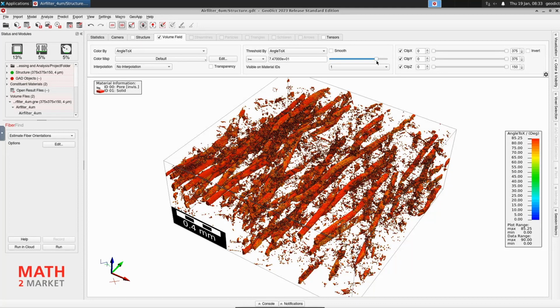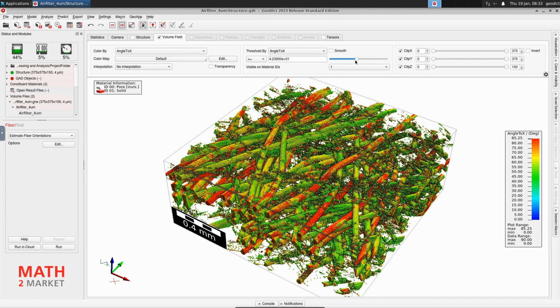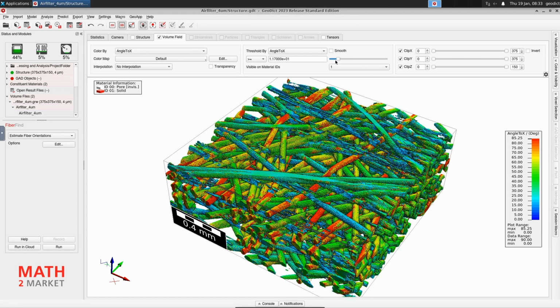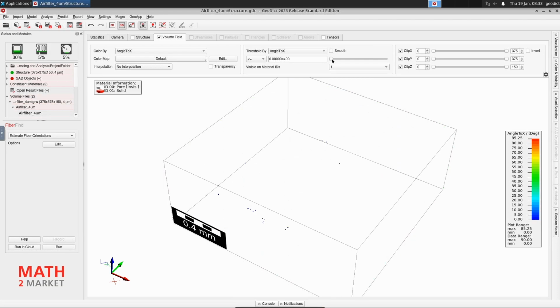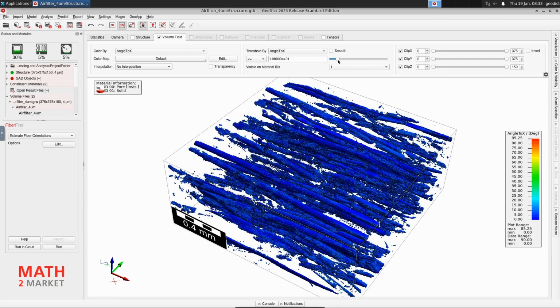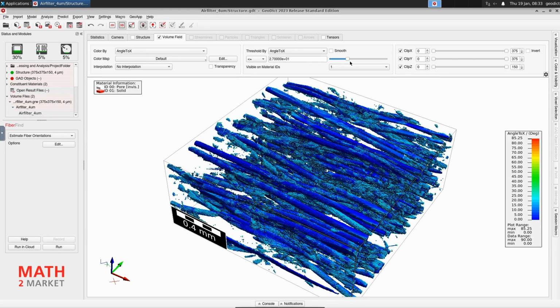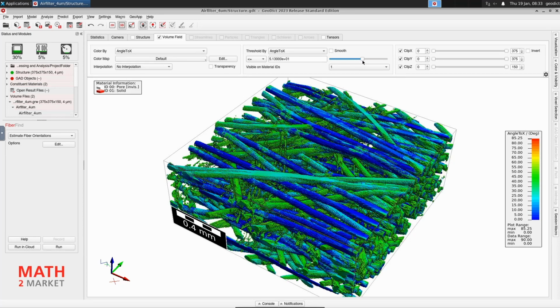So these are only the fibers which are running 90 degrees to the x direction, and if we want to get more in there, more or all the fibers, you can turn that down. You could also change the direction of the threshold, so we can turn it in the other direction here.